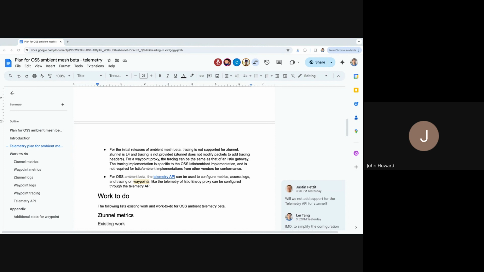I don't know that we actually should do this, but today we do this to some extent by sticking in a header, and then you can correlate the logs on the source and destination ztunnel, for example. Whether we want to actually emit that to a tracing provider and do all that, it's probably a bit overkill.